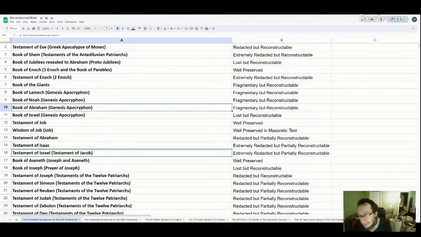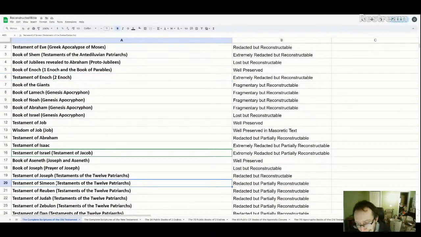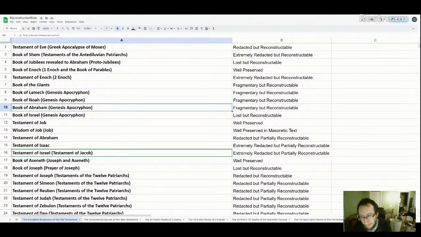Another document, which I believe probably was part of the Book of Abraham, is a document called the Apocalypse of Abraham. It's preserved in Slavonic. The Slavonic Christians preserved Second Enoch. They also preserved a version of the Testaments of the Patriarchs, and they preserved Apocalypse of Abraham and something called the Ladder of Jacob. And so for the Apocalypse of Abraham, I believe that document is an extract from the Book of Abraham. So we can use the Apocalypse of Abraham to reconstruct the missing section of the Book of Abraham as well.